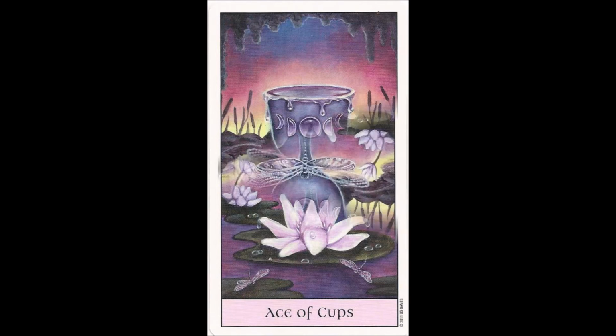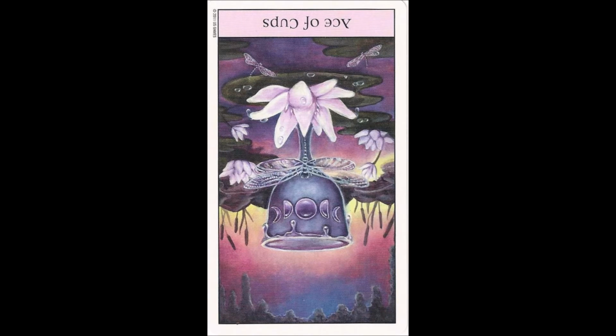The Ace of Cups reversed. The Ace of Cups in the upright is the beginning of something new. The reverse, of course, will be the opposite again. Since it deals with emotions, it can mean problems or upheavals in your relationships. Depending on the surrounding cards, it might mean it's time to end a relationship that isn't working for you or